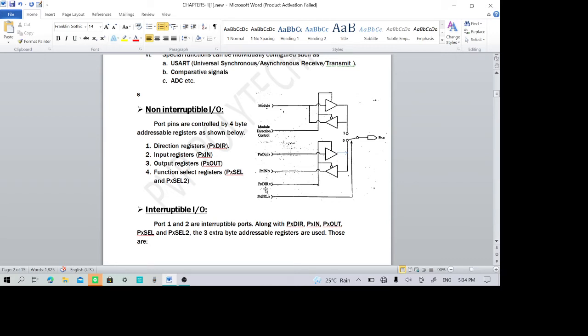Then there are 3 more bits related to the port. Port direction. If this were to be 0, then the lower buffer, which is bubbled connection, will be enabled so that the pin will work like an input port line to receive the bit on port inline. If the port direction to be 1 bit, then it will enable the upper buffer. Upper buffer will enable the port output port line to work and take the bit to the output port. So like that, there are 4 bits corresponding to the port line.